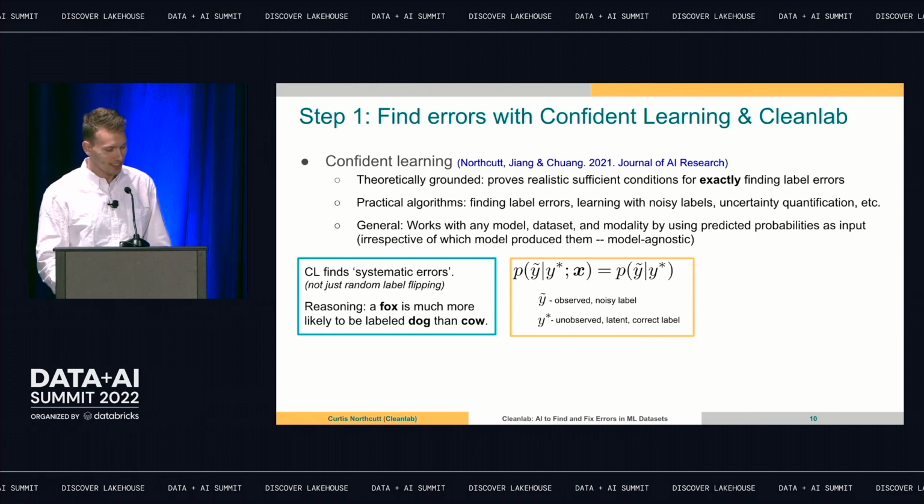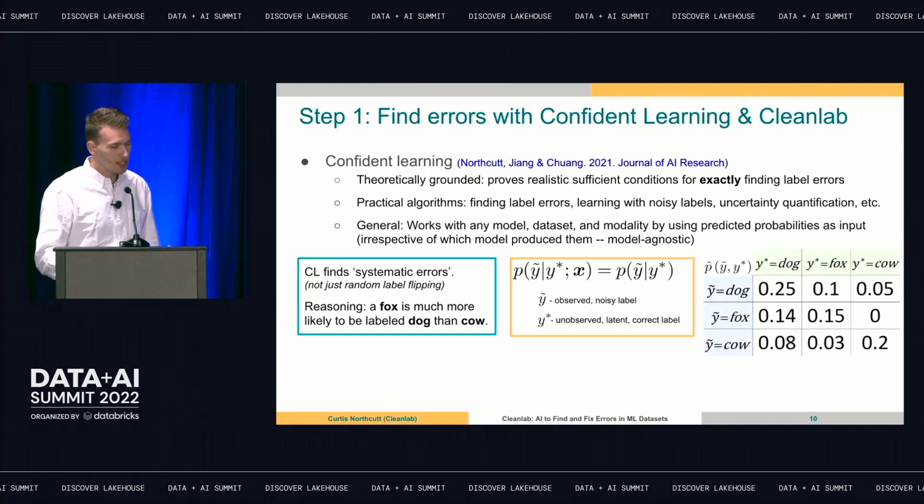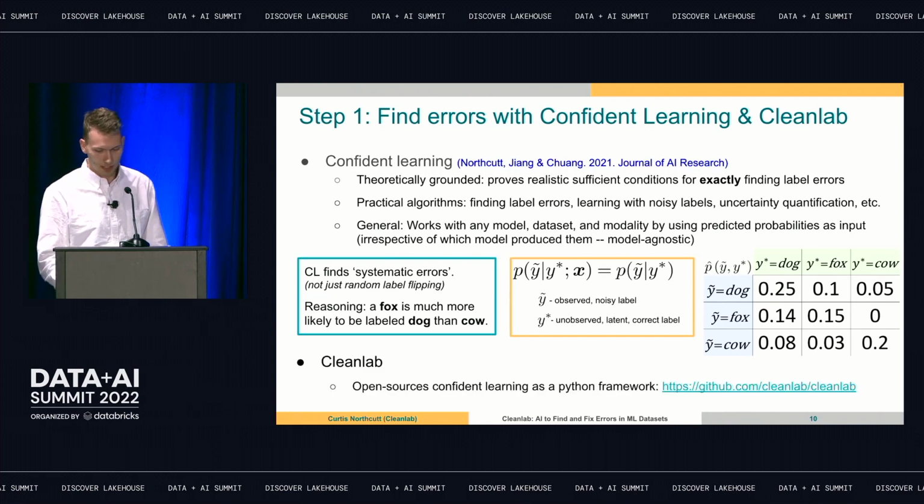Thanks. And so you get this matrix, which is this thing on the right. And what I'm showing here is a joint. The thing in the middle is a conditional. But if you can estimate the joint, and I'll show you how in a sec. So if you just imagine you had 3 classes, the way you would read this thing in the bottom left, that 0.08 would mean that 8% of your data is labeled cow. But actually, it should have been an image of a dog. Does that make sense? So that's one way you can think about this stuff.